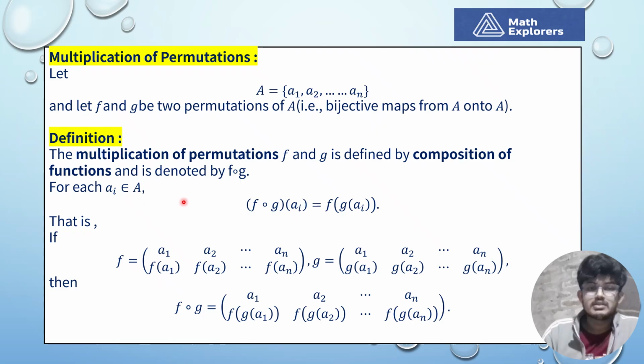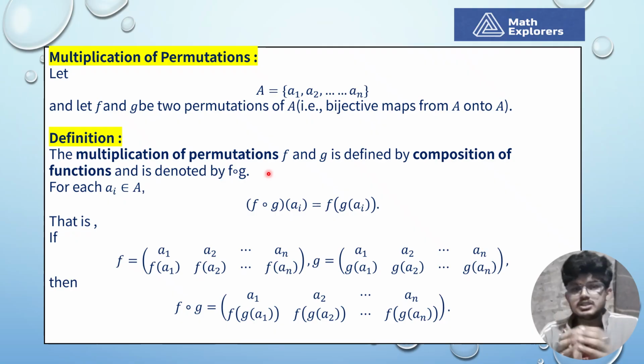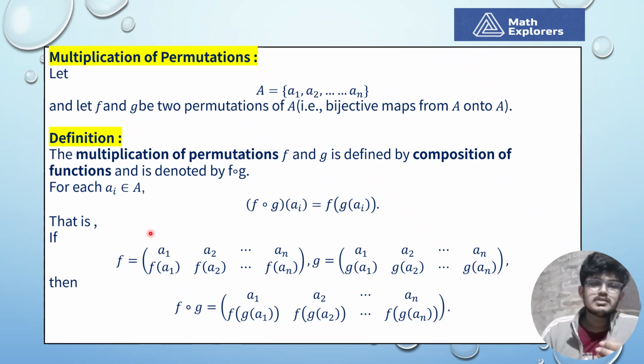Clear? एक्चुअली f into g मतलब दोनों फंक्शंस का मल्टीप्लिकेशन, मतलब मैपिंग में वो कम्पोजिशन से होता है। यहाँ पर for each ai belongs to A, (f compose g)(ai) equals f(g(ai)), जो कम्पोजिशन ऑफ मैपिंग का डेफिनेशन है।